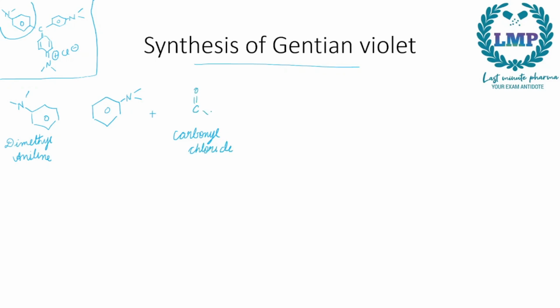Carbonyl and then chloride. Since we will add this, there will be removal of two molecules of HCl. Where we will take the two molecules of HCl from is here, two hydrogens. These hydrogens will be attached to these chlorines. So we will remove two molecules of HCl. So it will be a benzene ring attached to N